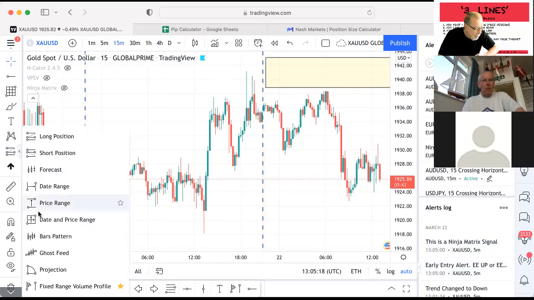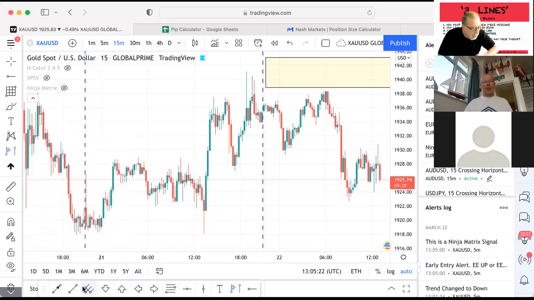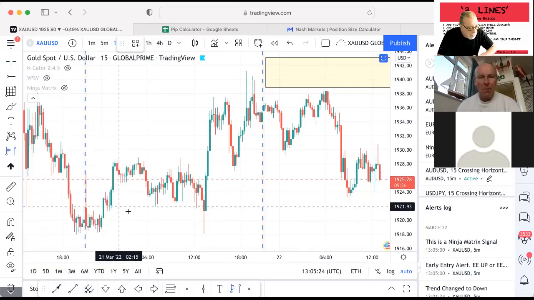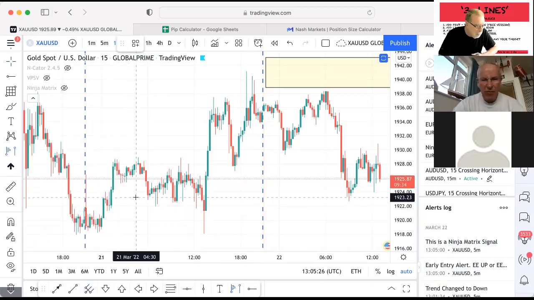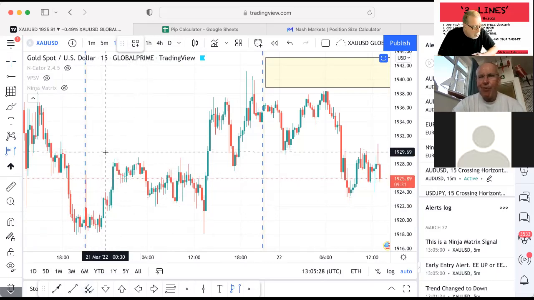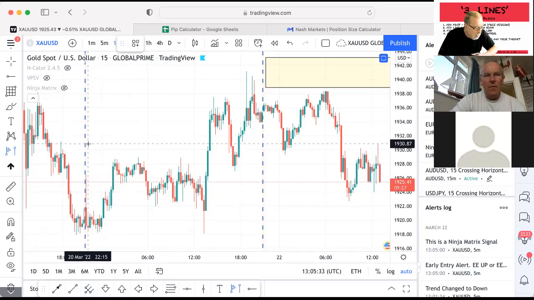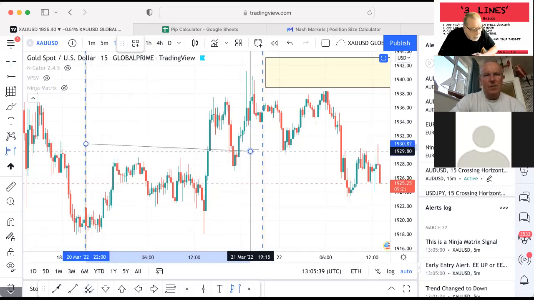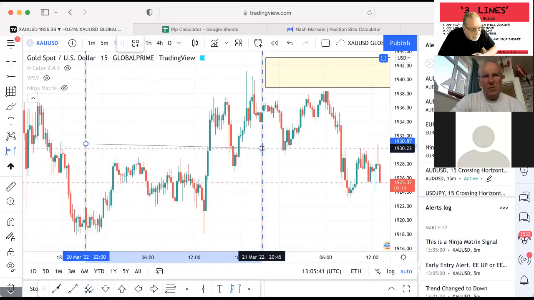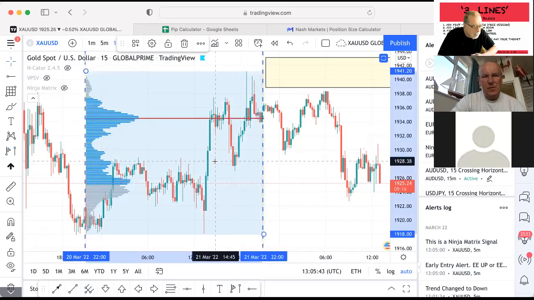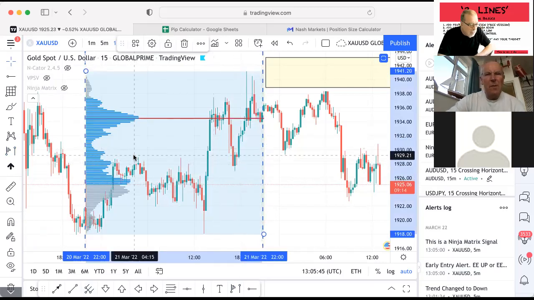If you click on that, you go down to this drop-down menu and you get fixed range volume profile. That's the one you get even with the free versions of TradingView. So I'm showing that one first, and what I need to do is start on the first candle for yesterday's trading, and then I need to click on the last candle of yesterday's trading, which is there, and there we've got the volume profile for yesterday,